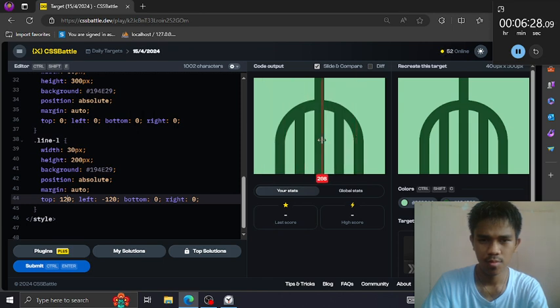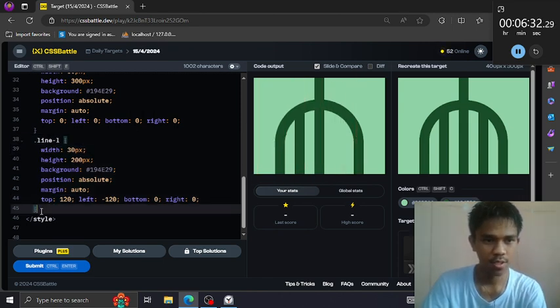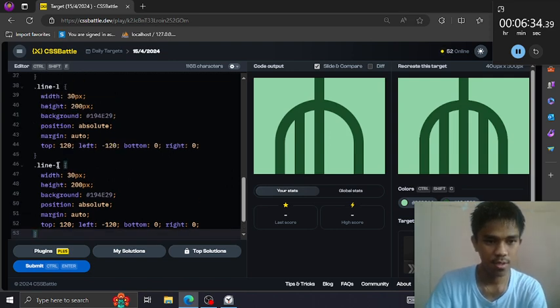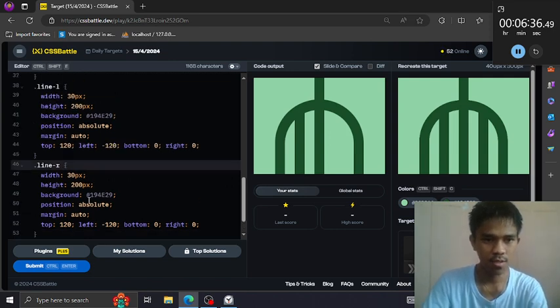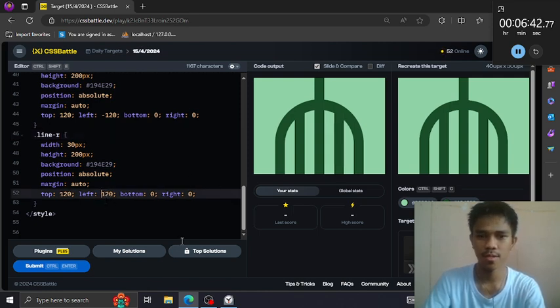Whoa. Then let's create the right line. This is how easy it is. You just invert the value. That's it.